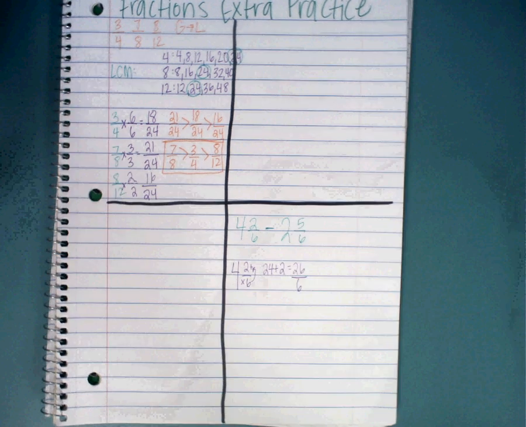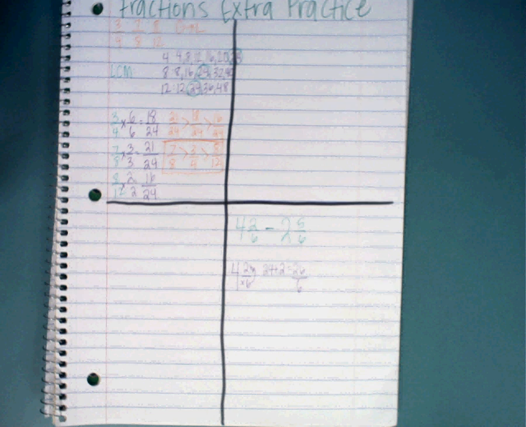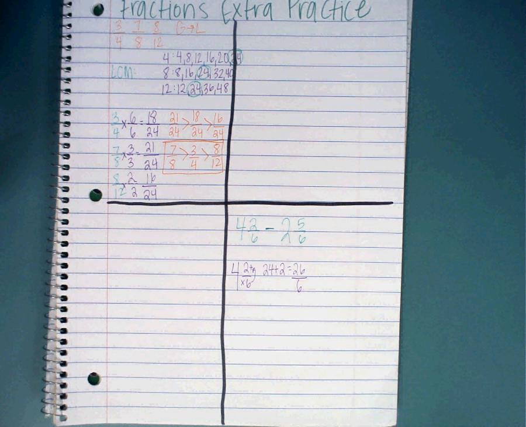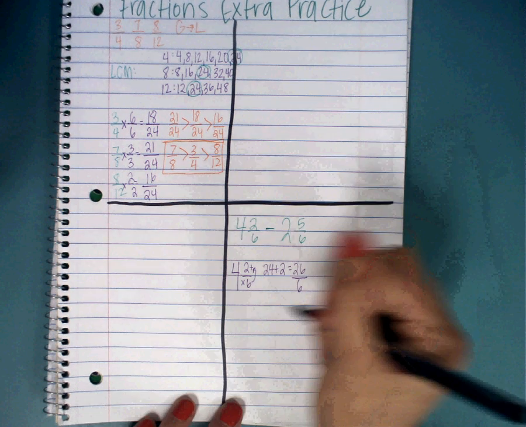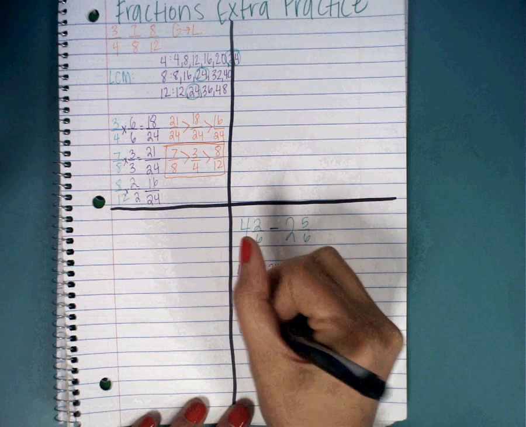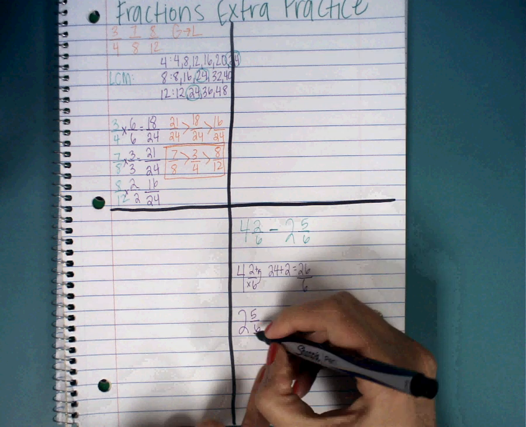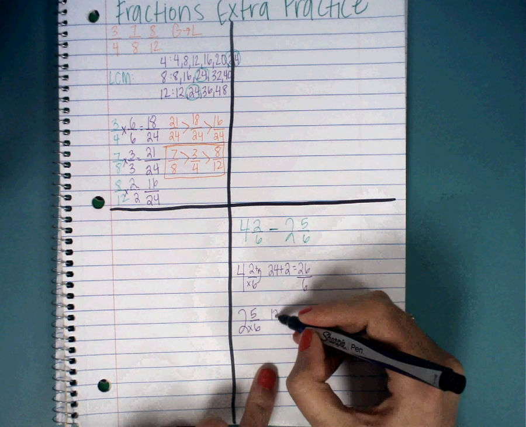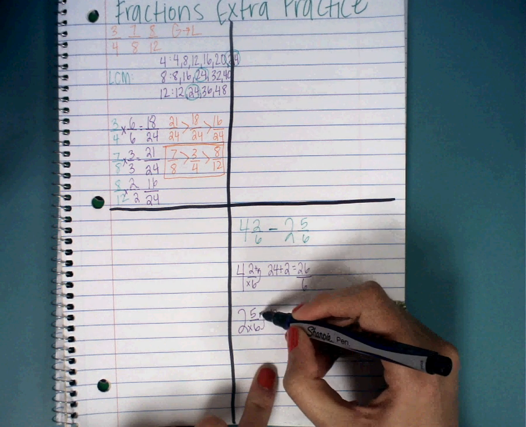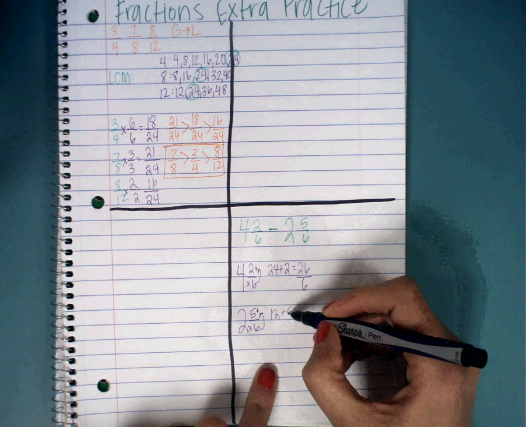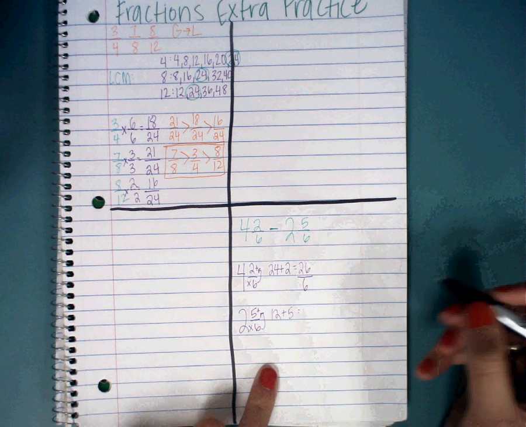the other one. So we've got 2 and 5/6. So I'm going to need to multiply the whole number, which is 2, times the denominator, which is 6. 2 times 6 is 12. And then I need to add that answer to my numerator, plus 5. What's 12 plus 5? 17. My denominator always stays the same, so it needs to be 6. So 17/6 is equal to 2 and 5/6, right? Okay. So